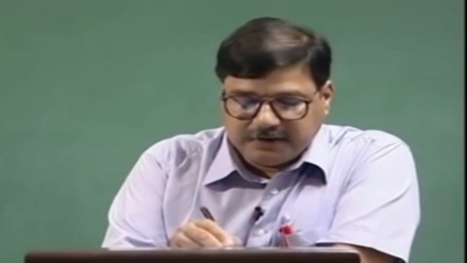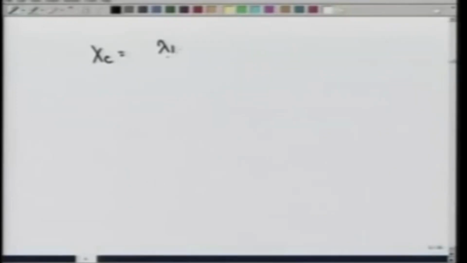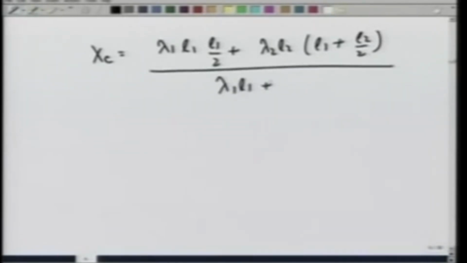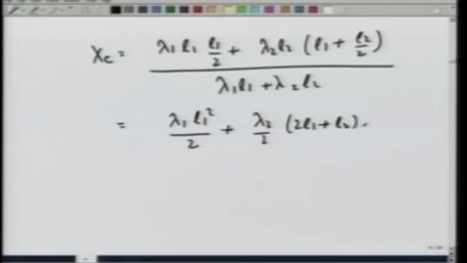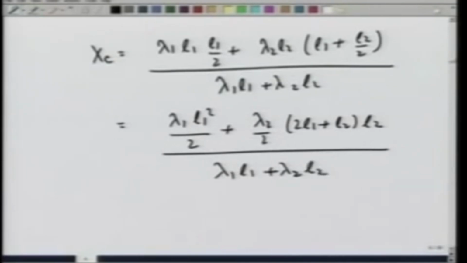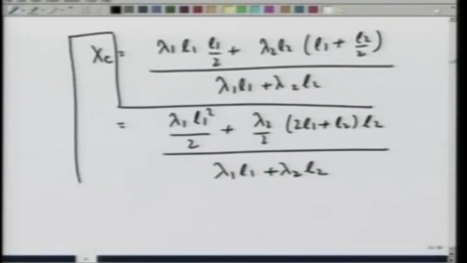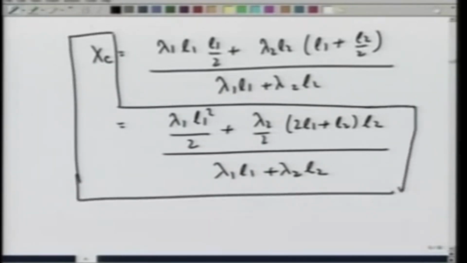So, we have calculated x c to be lambda 1 L1 times L1 over 2 plus lambda 2 L2 times L1 plus L2 over 2, divided by lambda 1 L1 plus lambda 2 L2, which is the same as lambda 1 L1 square divided by 2 plus lambda 2 over 2 times L1 plus L2 times L2, divided by lambda 1 L1 plus lambda 2 L2, which is the same answer as we obtained earlier when we calculated the center of gravity by integrating over